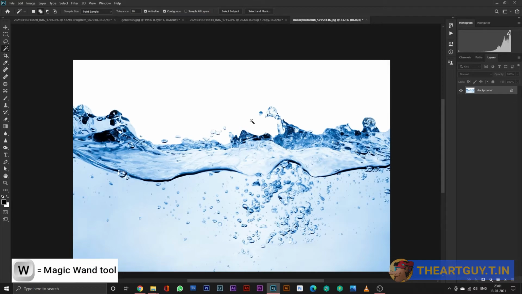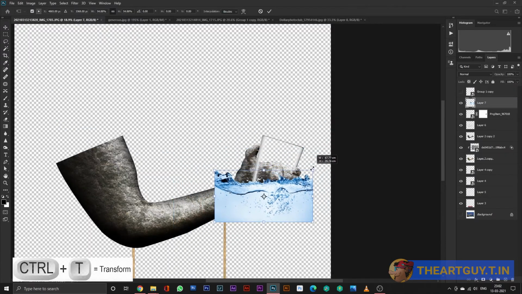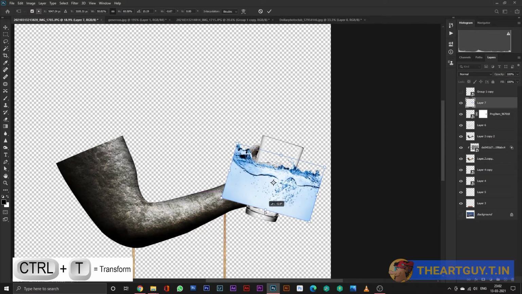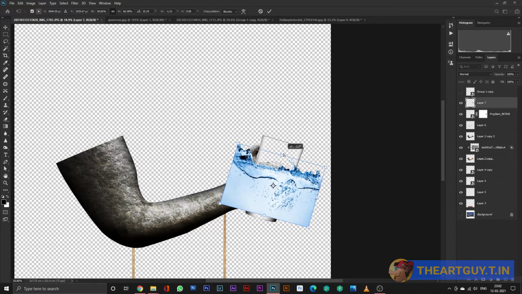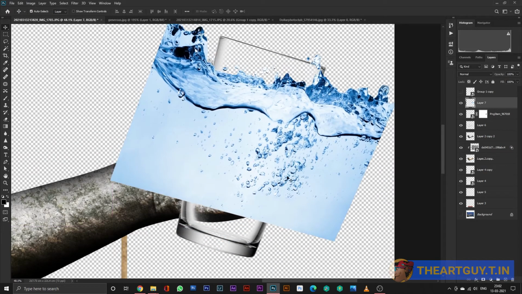Then I took a water image from the same PNG items, and this time I was not getting a proper PNG actually. They fooled me this time. So I thought let me become Harry Potter, go to Harry Potter and steal his magic wand. There is a wand tool option in Photoshop. You can use that to make an easy selection. Once I did it, I placed it into this image.